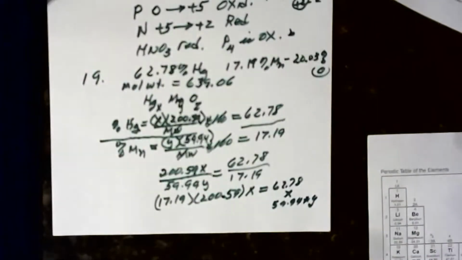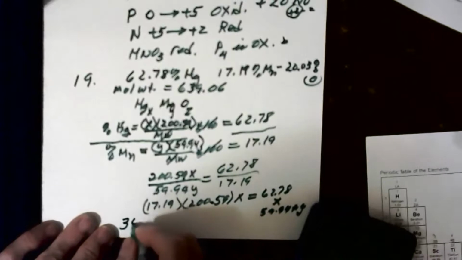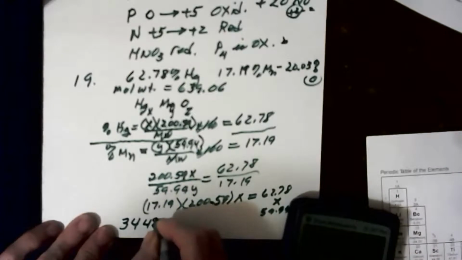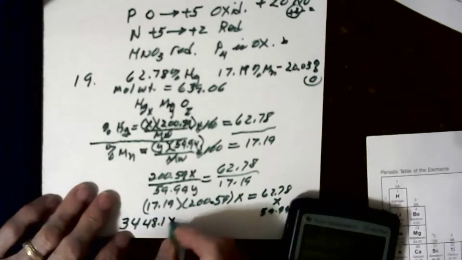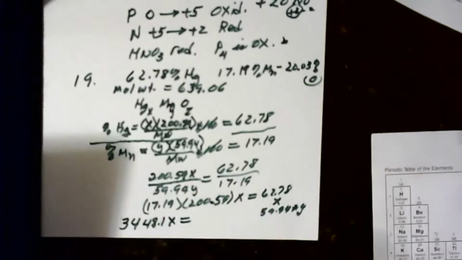Now let's do all the math here and put the numbers down and make it look a little better. 17.19 times 200.59 equals 3448.1 and some other digits times x has to equal 62.78